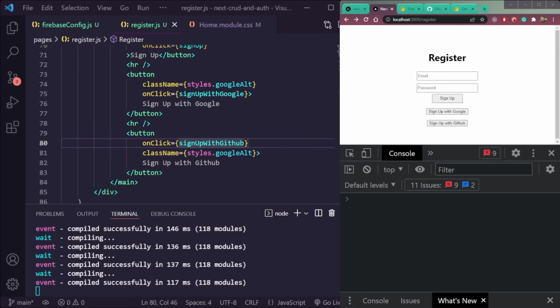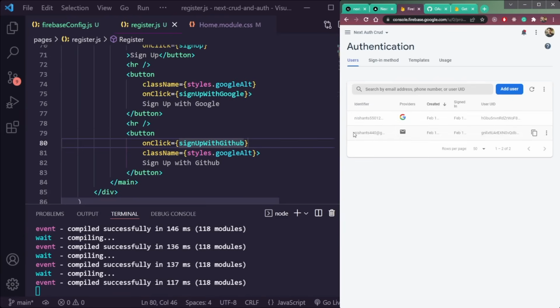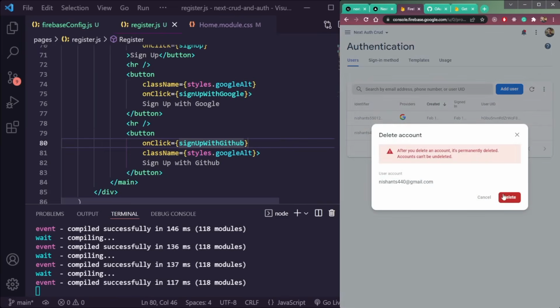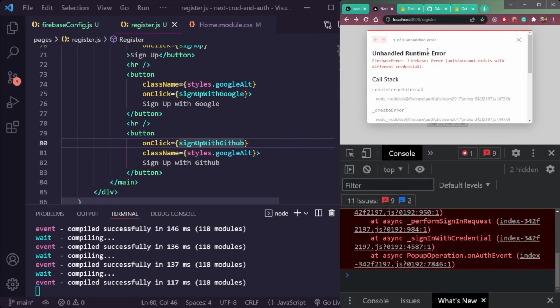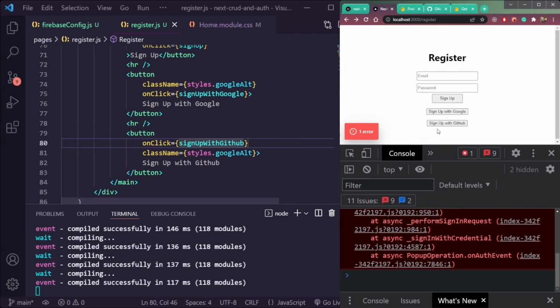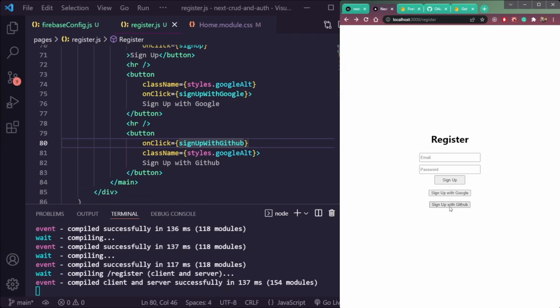You see we are getting a pop-up for GitHub now, not Google. But we are getting the error: auth account exists with different credentials. That is because we are already using my email here, you see. So we have to delete this first for GitHub to work, because we can't create an account with two same emails. So if we refresh now and try again, GitHub,